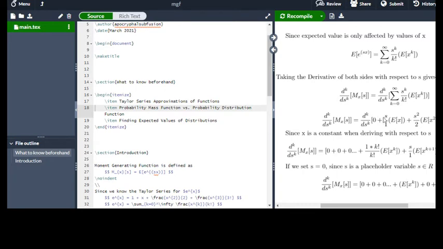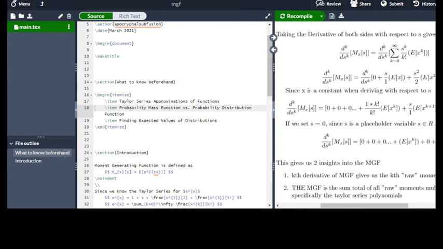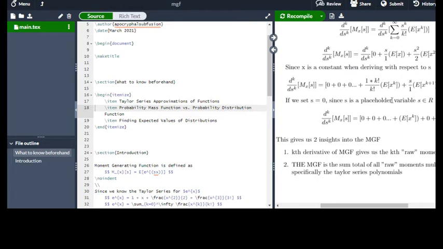So it's going to be equal to 0 plus s times expected value of x, s squared divided by 2 times expected value of x squared, and so on and so forth. But since s is a dummy variable, s is just kind of like a placeholder variable. It's just to make the derivative easier. We just have to take it with respect to something. So if we set s equal to 0,